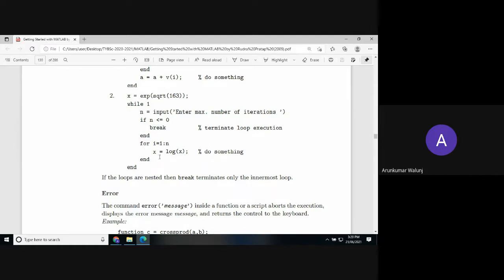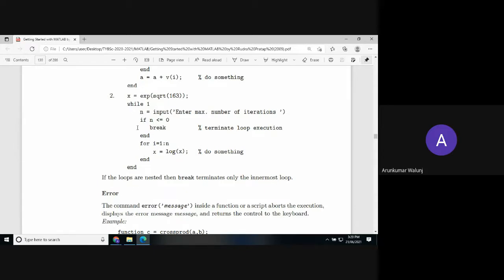loop structure, you must have observed in C programming that there has to be a starting curly brace and an end curly brace, which was essentially the start of the loop and the end of the loop. Here, for is the beginning and end is the end of the loop. So without end, your MATLAB program cannot be completed for that particular inner loop or outer loop or any number of loops; the number of ends must match the number of loops.